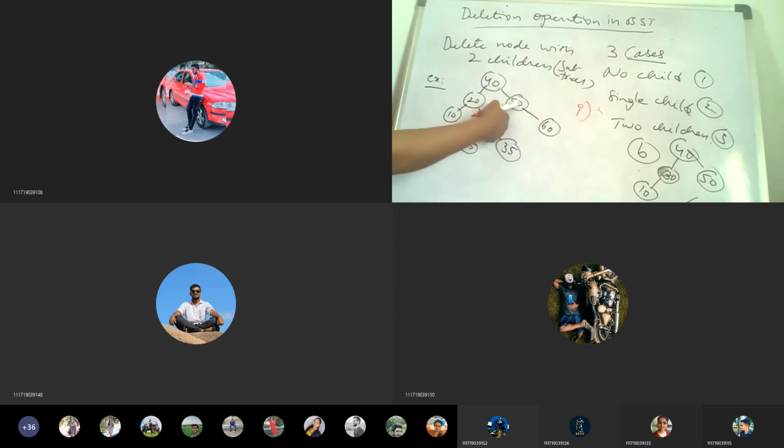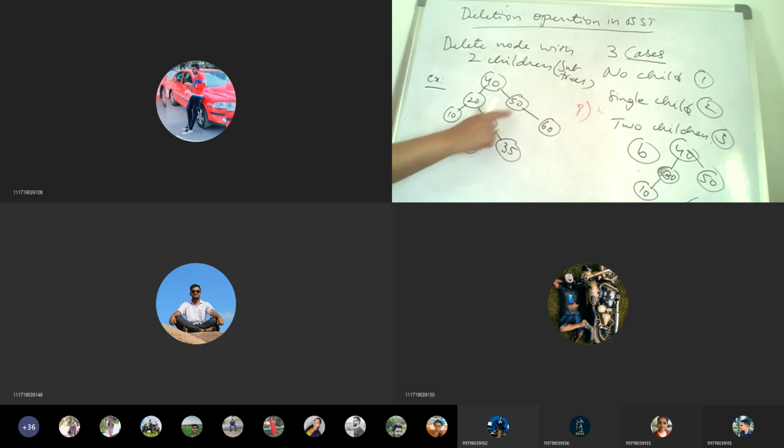If it is towards the right, its parent's right link should be made null. Here, if I want to delete 35, its parent 30's right child should be made null. If I want to delete 25, its parent's left child should be made null or 0. Then automatically the leaf node, based on its position, will be deleted. That is the first case.